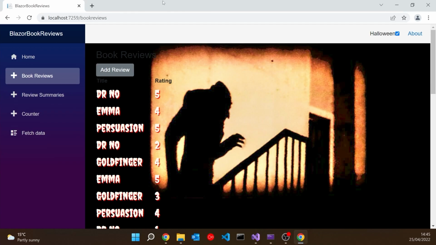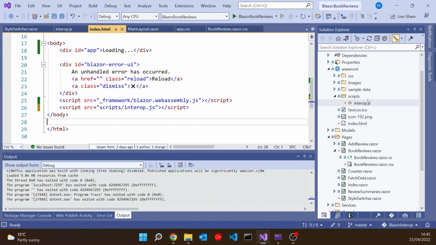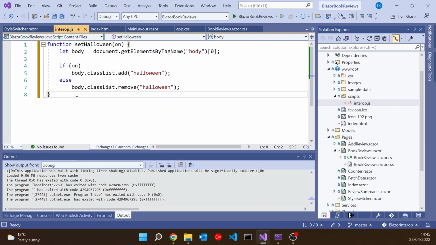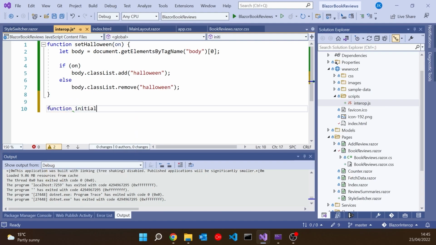And so I'm going to do something a bit like that. I say not necessarily a good idea, but it does show us the technology we can have here. So let's go back to our interop. And in here, I'm going to put in another function, and I'm going to call this function simply initialize. And this one's going to take a parameter which I'm going to call caller. And that caller is actually going to represent the C# component that has called this initialize function.